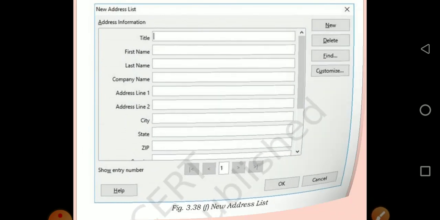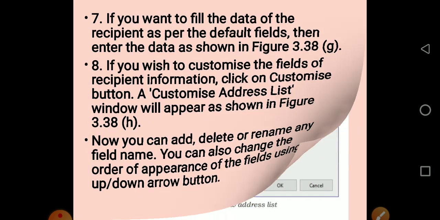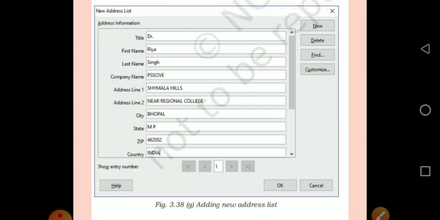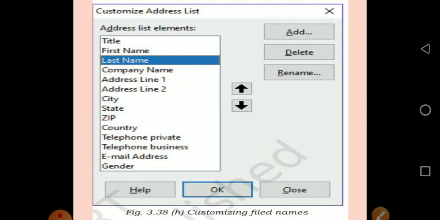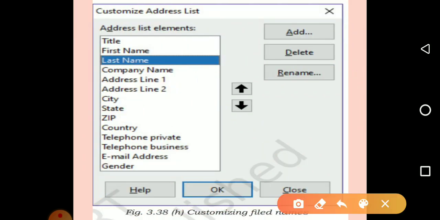You can customize the address list by clicking on, see here, customize address list. So here you can choose any other option also, any other addresses, telephone numbers you can include, country you can include, email address you can include. So any other options which are required you can choose and then click on the add button.